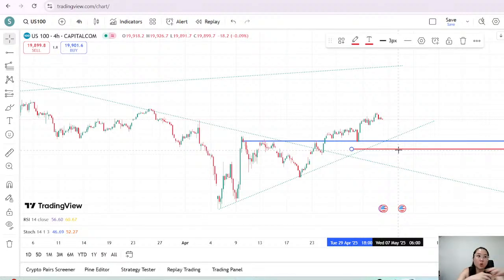Look, there's no trader in the world that is correct 100% of the time. So if I am correct, it doesn't matter how long it takes for me to be correct. But if I'm wrong, I want to be wrong fast, because I want to quickly hit my stop loss so that I can plan for my next trade. I can review where I went wrong, what happened, was it something that came out in the news, why was I wrong? And then I want to quickly come up with my next analysis. You do not want to ponder.